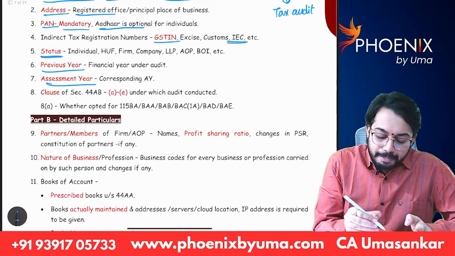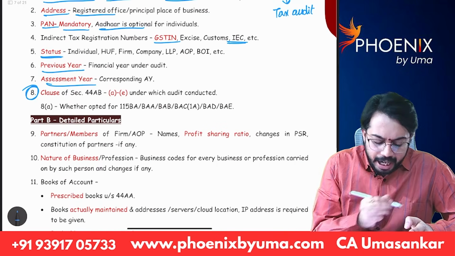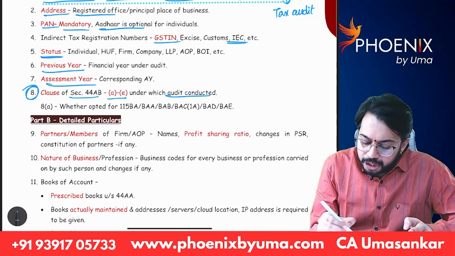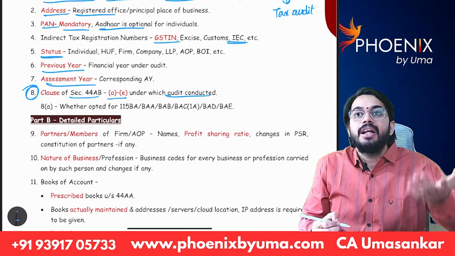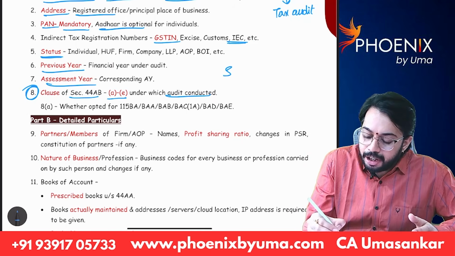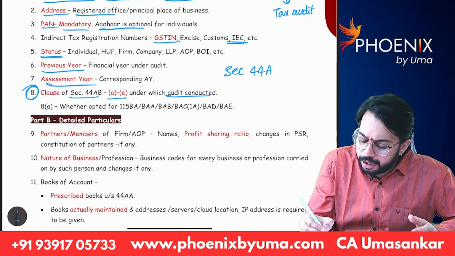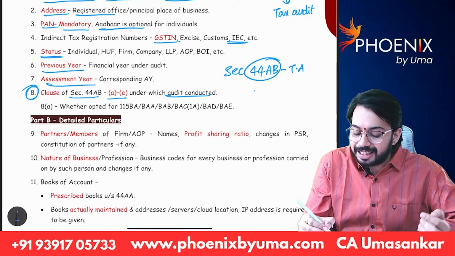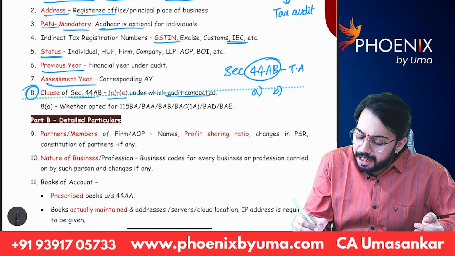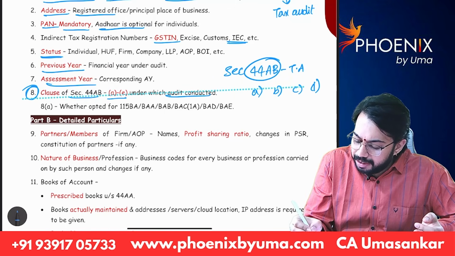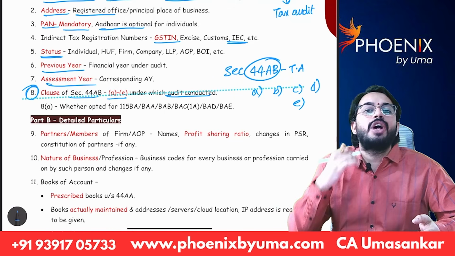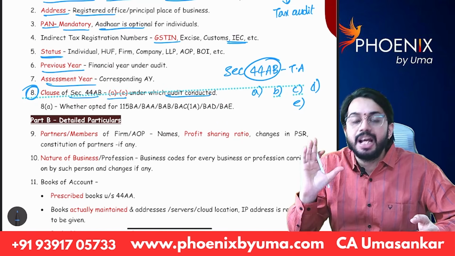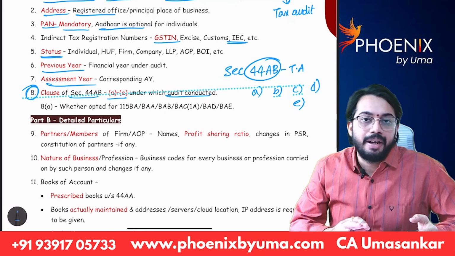Next, question number 8. Clause of section 44AB, A to E, under which audit is conducted. See, tax audit is required to be conducted under section 44AB. Under 44AB, there are clauses: Clause A, Clause B, Clause C, Clause D, Clause E. Under which clause are you required to get the tax audit done? That clause is to be specifically mentioned under section 44AB. Okay. Next,